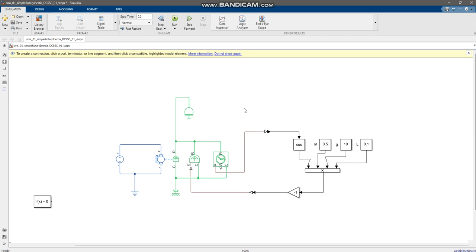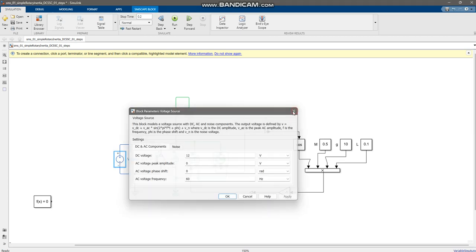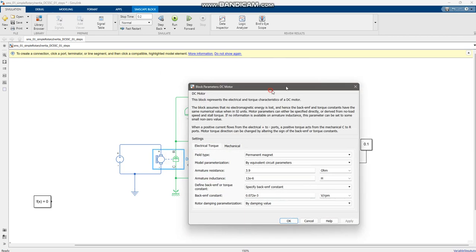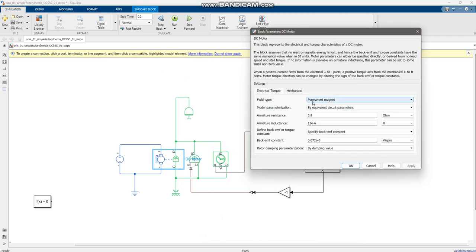And that kind of completes our model. I hope. I'm wrong again. I am yet to parameterize the PMBDC motor, and let's do that as well. So I double clicked it, brought up the motor. The field type is permanent magnet, since the motor we are using has a permanent magnet for the field. There are three options for model parameterization as we discussed last week,